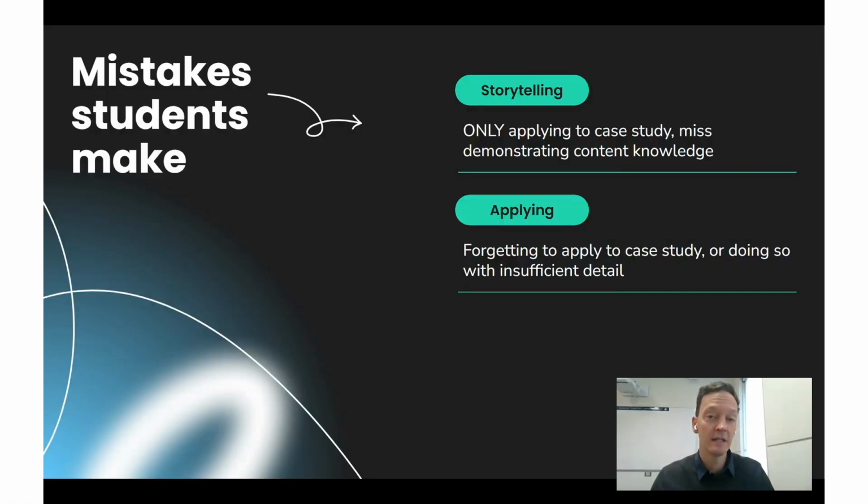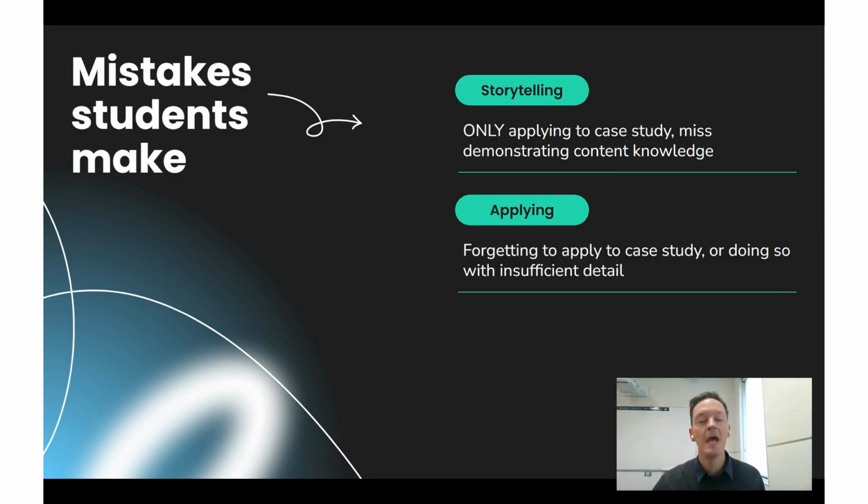Okay, before we get started, let's start with common mistakes that students will make when they're trying to apply the theory to a case study. And the first one is what we call storytelling. What this essentially means is the student will respond very literally to the question about what will be the effect on that specific scenario business or case study business that's presented. And they'll go into a great lot of detail about all the things that are going to happen to the business and all the things that the managers or owners could do,